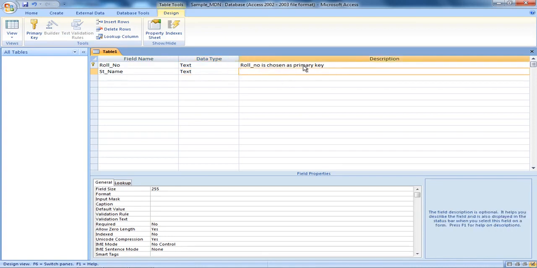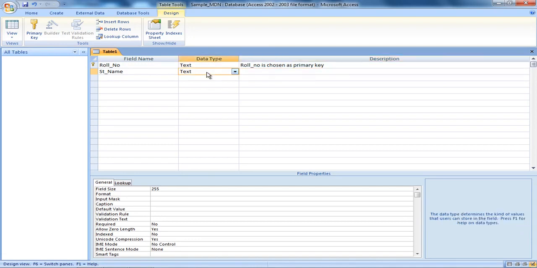Now for text, here description I need not write. Here it was a primary key, because why do we need a primary key? Because without a primary key each record cannot be worked with, because we need one identification key to uniquely retrieve the records from the table. So we need to have a primary key. That is why each time we define a database, we must include a primary key.